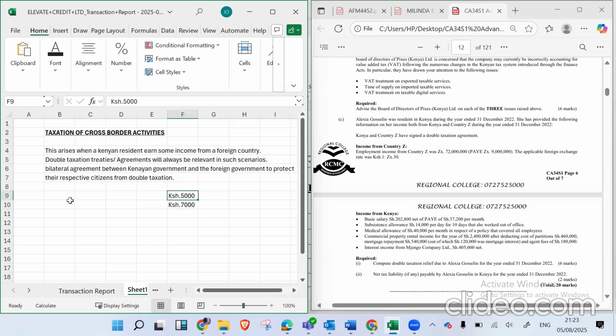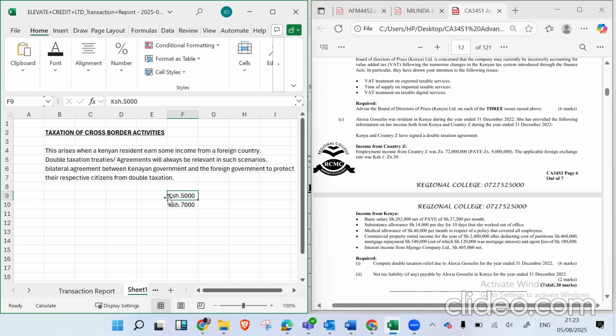So in such a case, you shall say, okay, out of the 7,000 that you're supposed to pay, you've already paid 5,000 in Uganda. So only pay the difference, which is 2,000. So a double taxation relief will be the 5,000. So only pay the excess. Tunasema kuwa kwa ile pesa unafuu tulipe Kenya 5,000 kwa hiyo income, ushalipa Uganda 5,000. So wewe tupe tu hiyo difference iliyobaki.